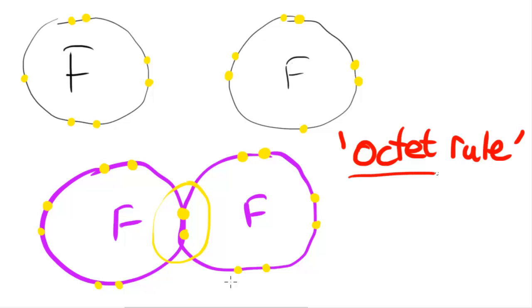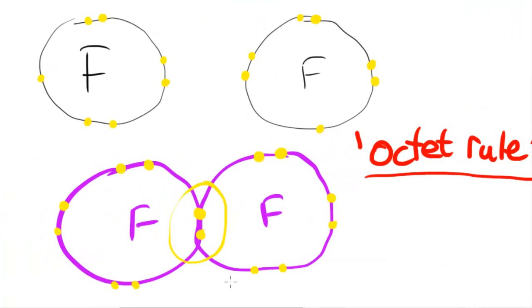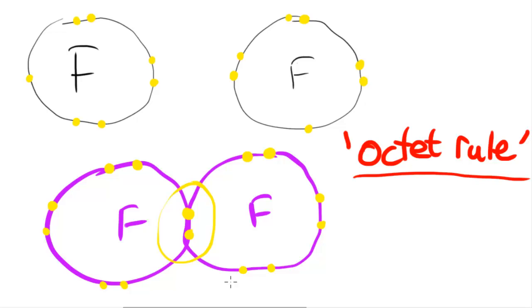So boron has the electron configuration 1s2, 2s2, 2p1. And so as you can see here, it's got 3 electrons in the outer shell. Really, all it can do at maximum is form 3 bonds with other atoms, and that's what it does in boron trifluoride. It looks like this: B,